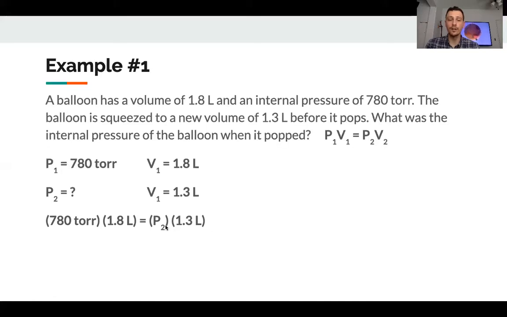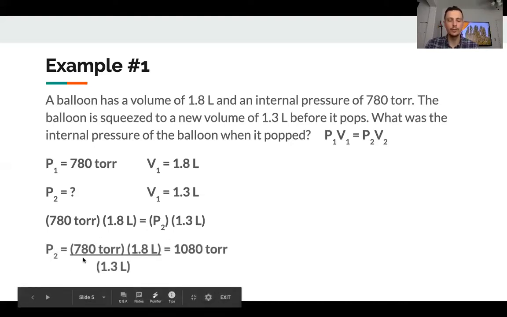Now to solve for P2, all you do is get rid of the 1.3 that's on the same side. These are multiplied together, so to get rid of it, you would just divide both sides by 1.3. You end up with P2 equals 780 torr times 1.8 liters divided by 1.3 liters. Our liters units cancel. When you plug this into your calculator, you end up getting 1080 torr as the internal pressure of the balloon. So this, according to our one test here, was the maximum internal pressure that our balloon could handle,